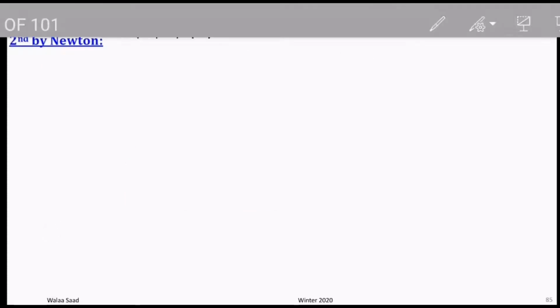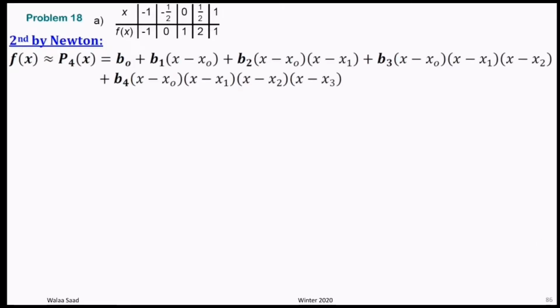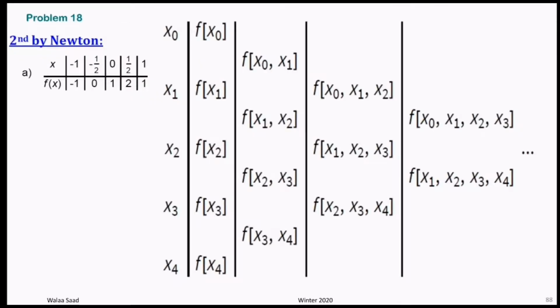And then let's go to the Newton. The second requirement is to apply the Newton. Remember the Newton, which uses which table? This was the polynomial, yes, and we have to construct the divided difference table. Exactly. This was the divided difference table, constructing the x values in the first column, the corresponding y's, polynomial of